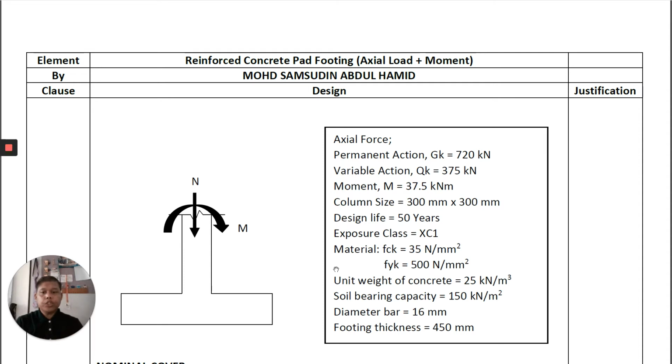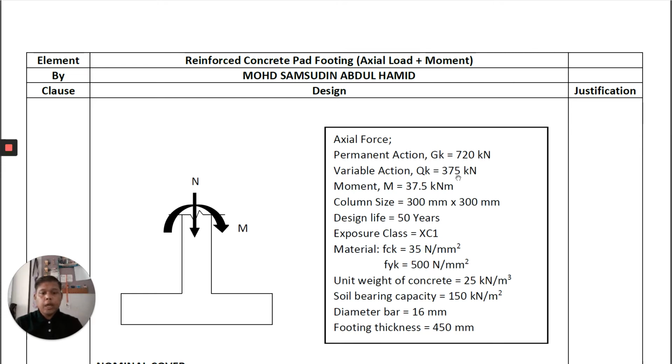Today, I'm going to share with you how to design reinforced concrete pad footing with axial load and moment. Given here is the pad footing that is subjected to the axial load and also moment. This moment comes from the superstructure, especially from the nearby beam. The axial force given here is the permanent action GK 720 kilonewton, variable action is QK